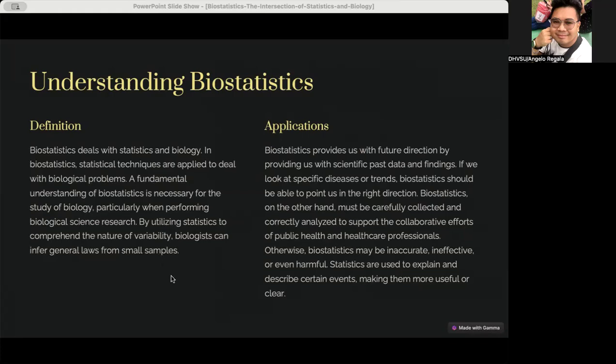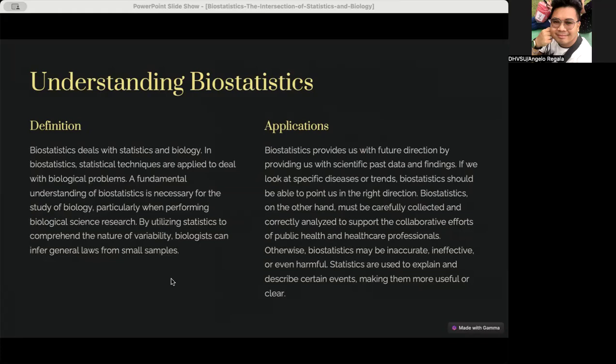So we look at a specific disease or trends. Biostatistics should be able to point us to the right directions on how we can solve or find a cure